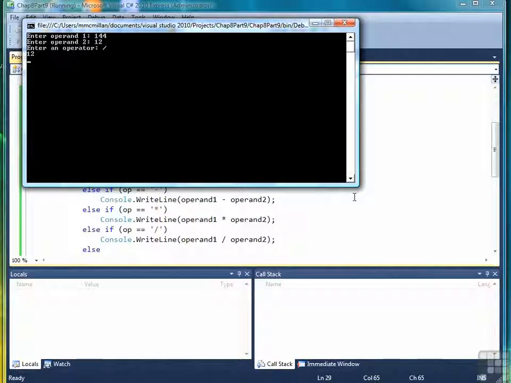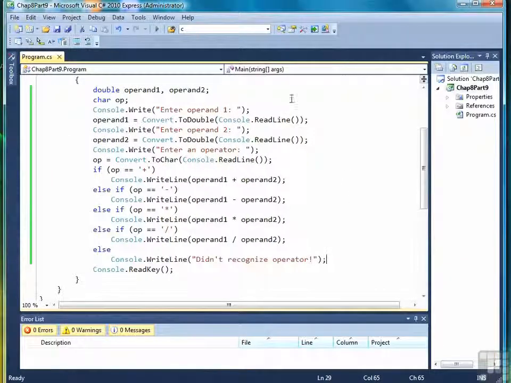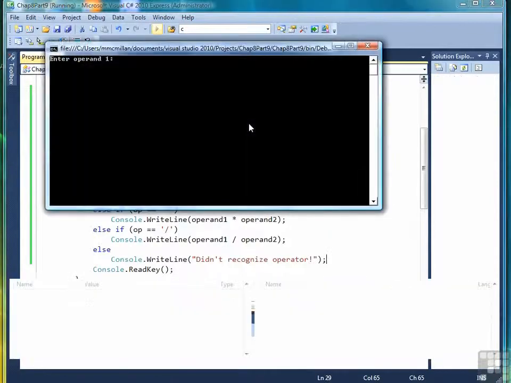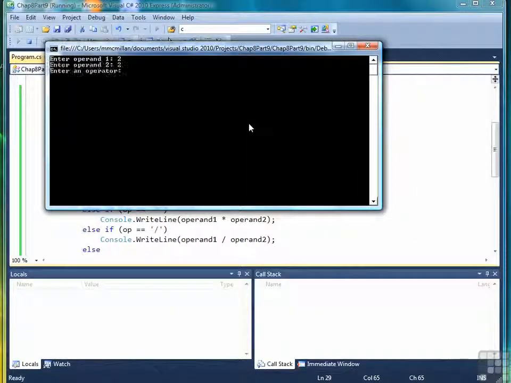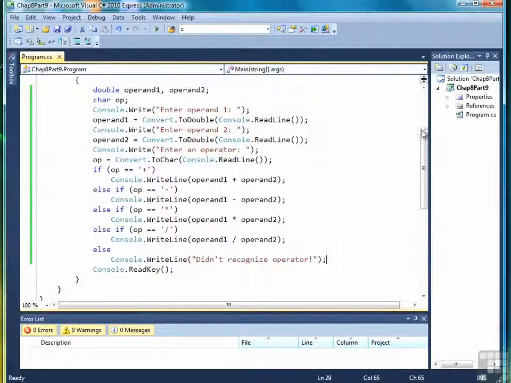That's right. Now let's try it one more time with a bad operator. We'll just type 2, 2, and then we'll put the ampersand in. Didn't recognize operator. So all of our operators work correctly. So this is a very simple calculator using if-else-ifs to control what operation is performed based on the operator that